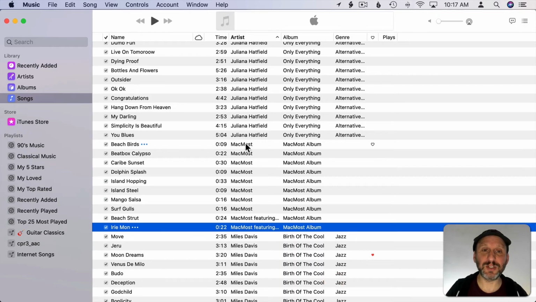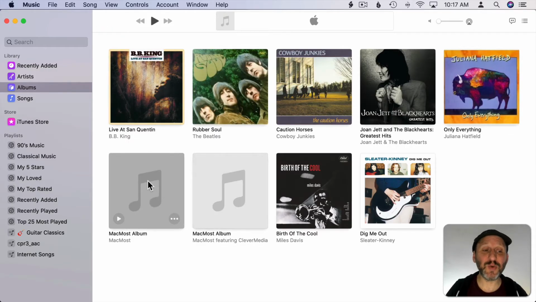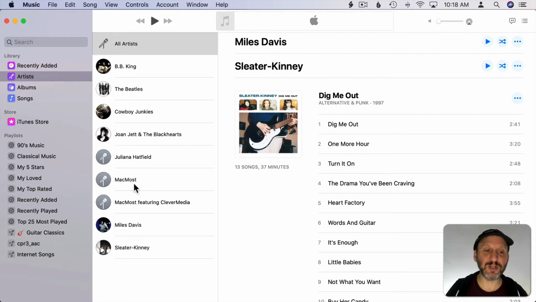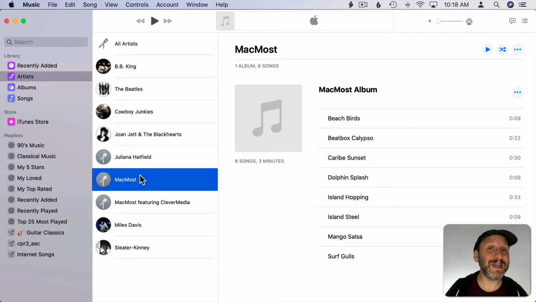Well, here in the songs list you can see I'm sorting by artist. So it's putting those two songs by themselves after this. But if I go to albums and I go to the top level here, you can see I now have two albums. Both have the same name but different artists, which makes sense because you don't want the music app to group everything together by album name, because two artists with the same album name, it's going to think it's the same album. And if you look under artists now, you can see I've got two artists here. But that's not what I want because this is a single album.